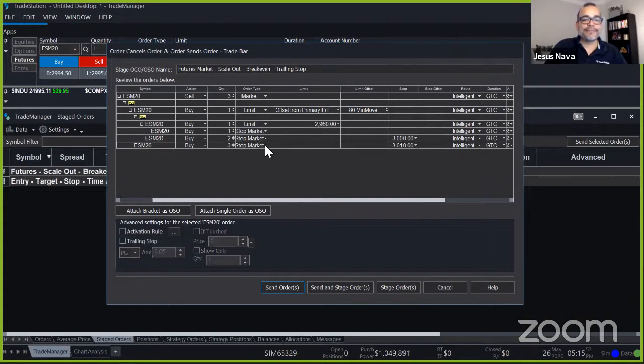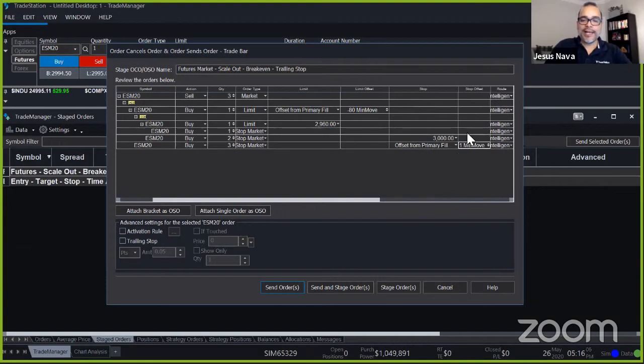Our stop, again, we can go over here and say offset from primary fill. And our stop, we set it to 10. Actually, it was 10 points, right? And 10 times 4 is 40. So we set it to 40 minimum moves to the upside. So here we have the first target,